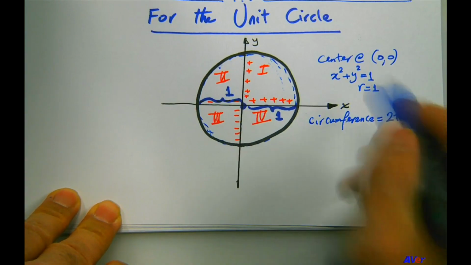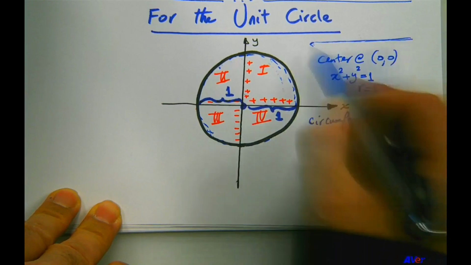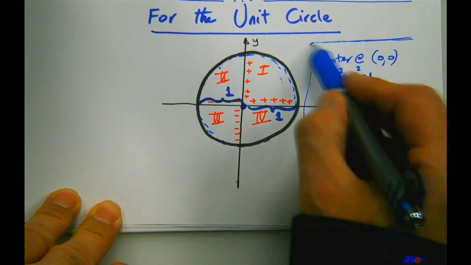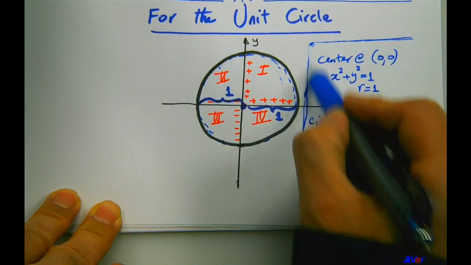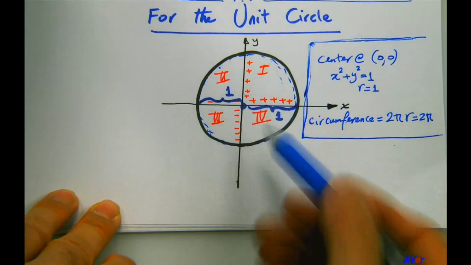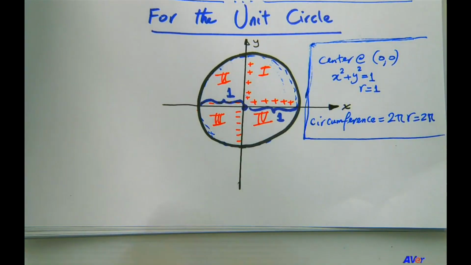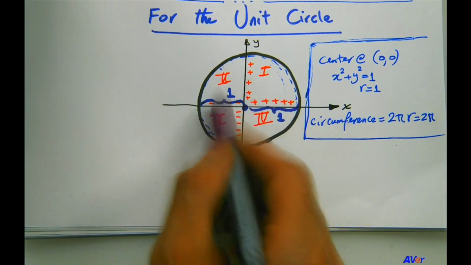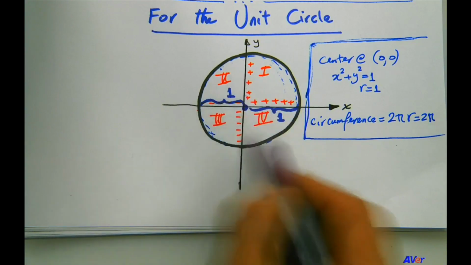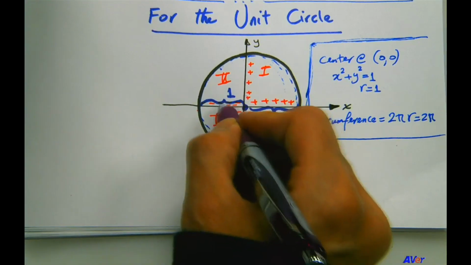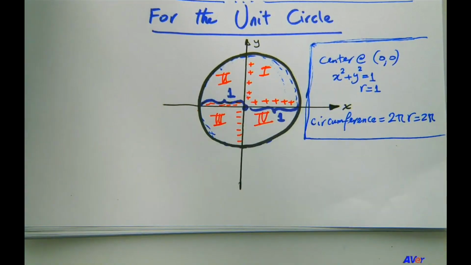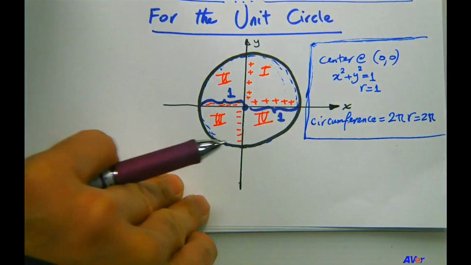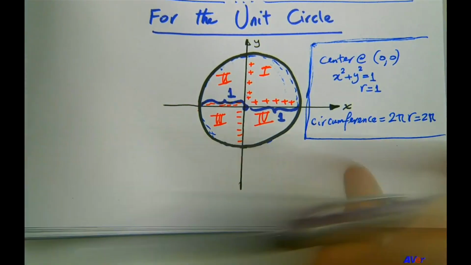Okay? So all of this is handy information for us to remember. And of course, the graph that I've drawn, the most important part of it is to make note of the transition in algebraic sign from one quadrant to the next quadrant, how x and y change algebraic sign. Very, very important to remember. Okay, so let's make use of some of the things we've talked about here